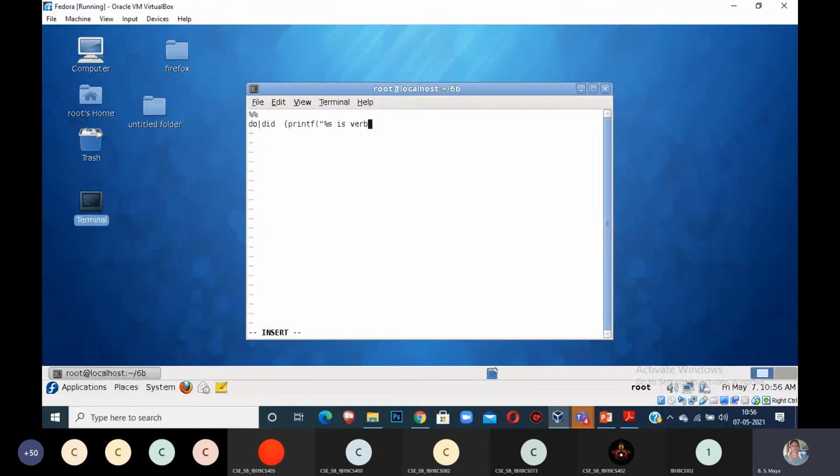If there is none, then that character will be printed. Okay, if you are using and, but what is this? Percentage s is what this one? Conjunction.